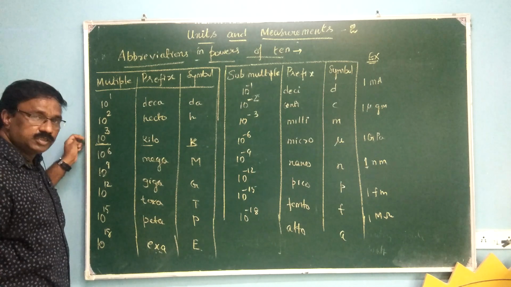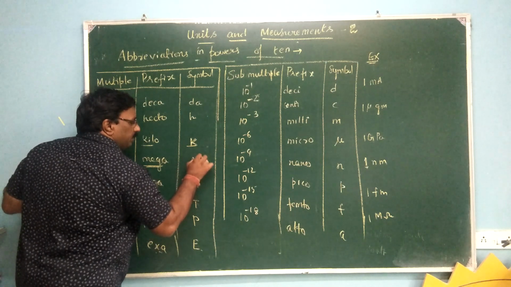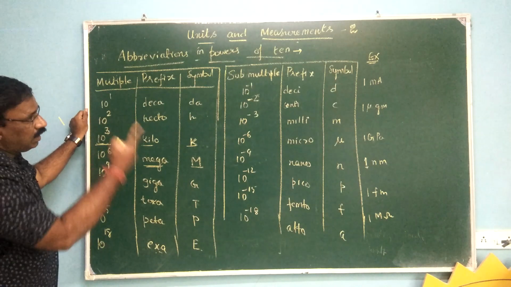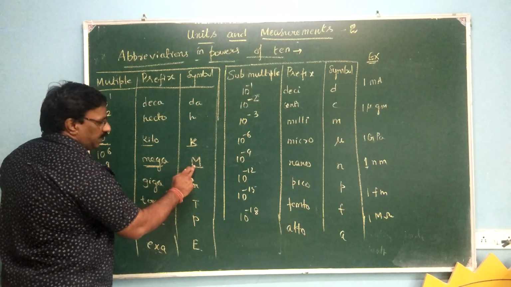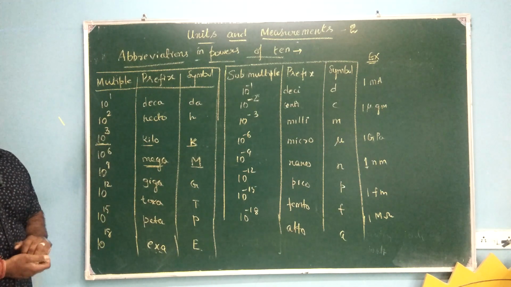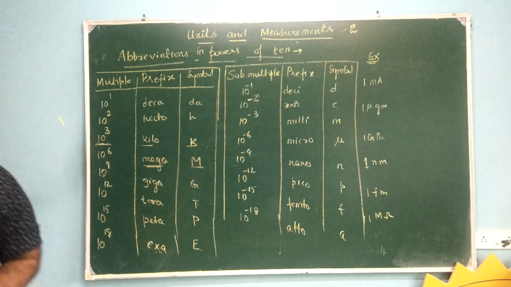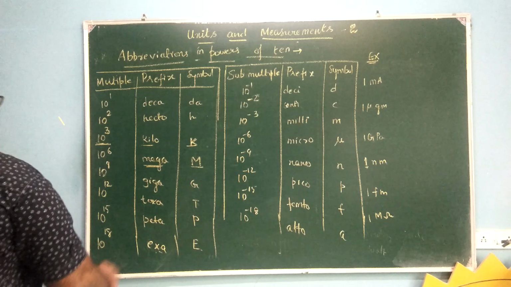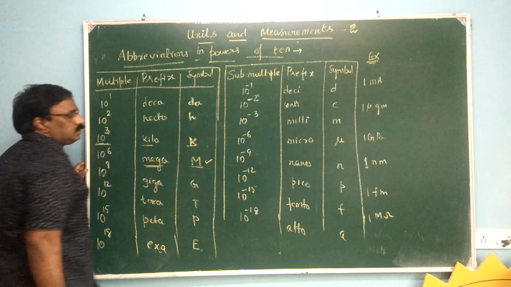Next 10 power 6, this is also commonly used in physics numericals. Whenever it is 10 power 6, it is mega, starts with capital M. Multiples are given capital letters, whereas submultiples are given small letters. That's why see here, mostly M, G, T, P. These are mostly capital letters. In some rare cases both are there, but mostly we give capital letters. Remember. So 10 power 6 means mega. Mega means capital M. Any difficulty in that? This is very important, mega. So from here we start capital letters. This is small, this is small, this is small.